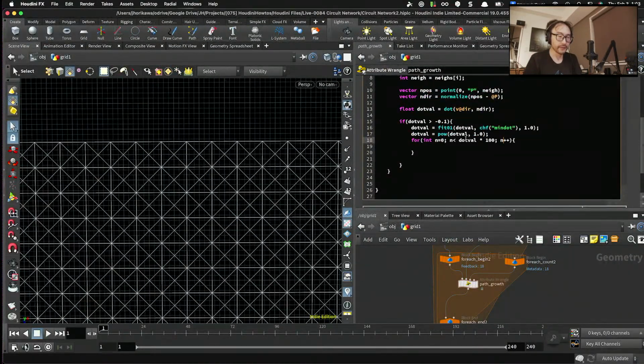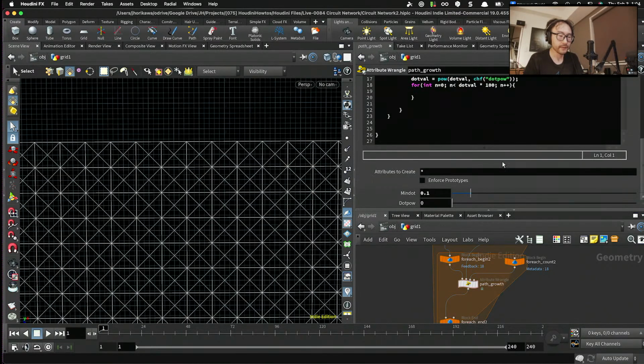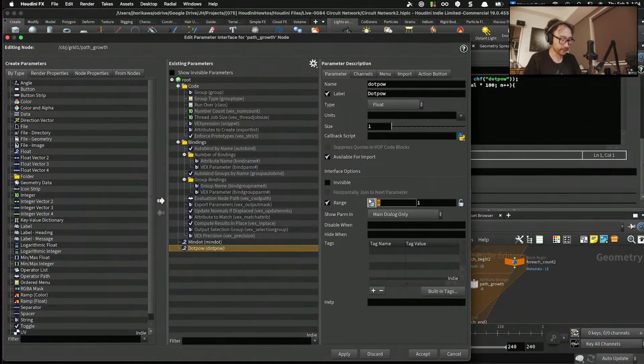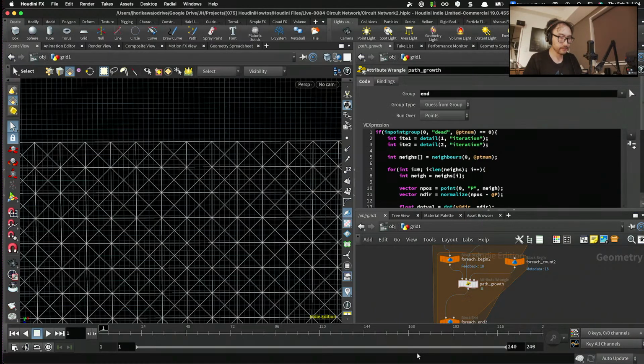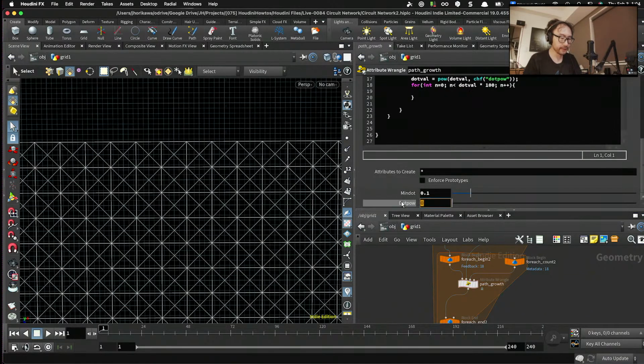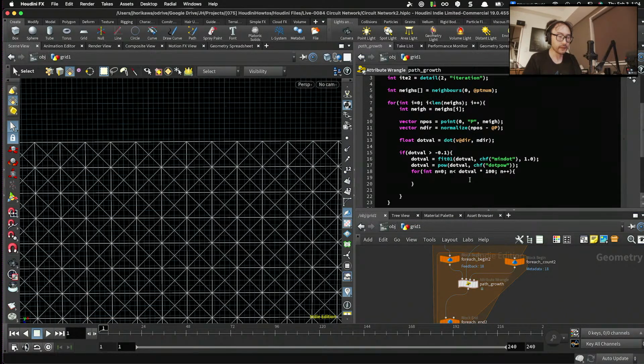So going back, let's have this as a parameter. I'm gonna name this dot power. Okay, let's promote those, and for this one I'm gonna set from 0 to, let's say, 20, starting from 2. Okay, now that I have this dot value, which is between 0 and 1, and multiplied by 100, it's time to